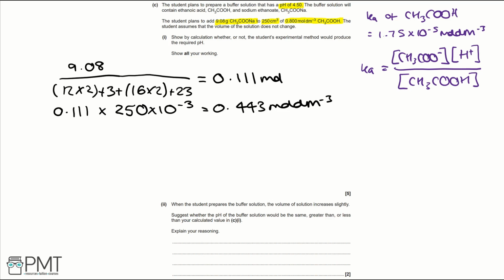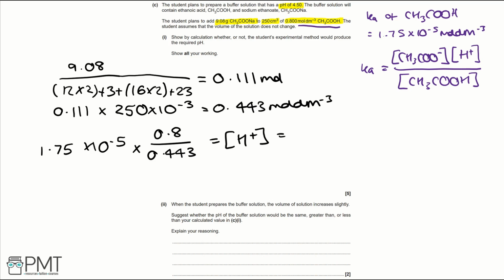Then, plugging in values to our equation, we would have 1.75 times 10 to the negative 5 multiplied by 0.8 divided by 0.443. We've got our 0.8 moles per decimeter cubed from the question. And we've rearranged the equation so that we're going to find our H plus concentration. And our answer is 3.16 times 10 to the negative 5